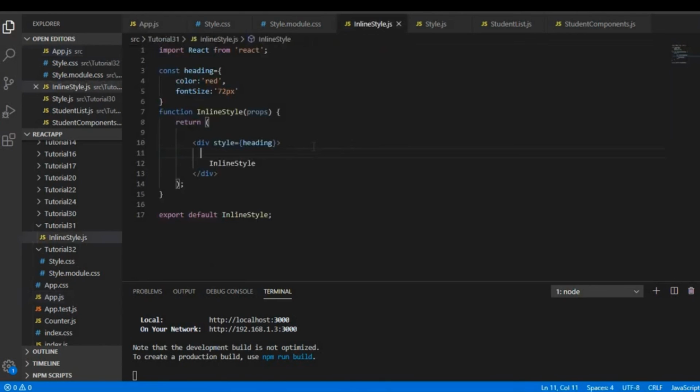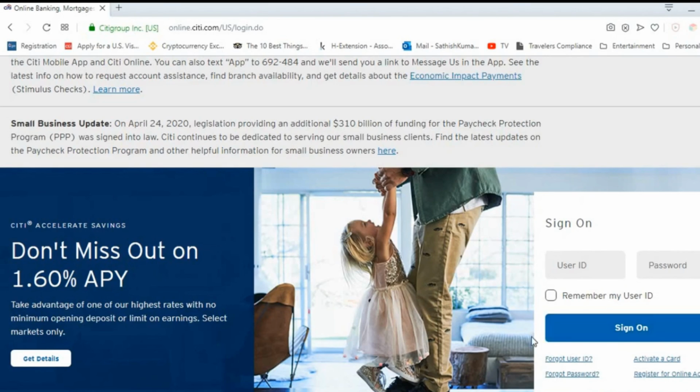Over here I have opened a website, a banking website, and you can see a single dialog like this, which is in white space. You can find the user ID and the password, which are nothing but text fields, and a small checkbox saying remember my user ID, and a button. So this piece of component which is highlighted in white is one such example of forms,